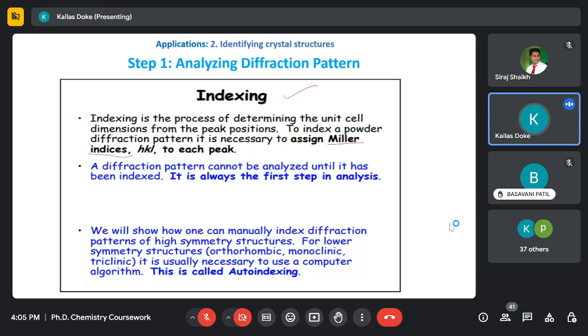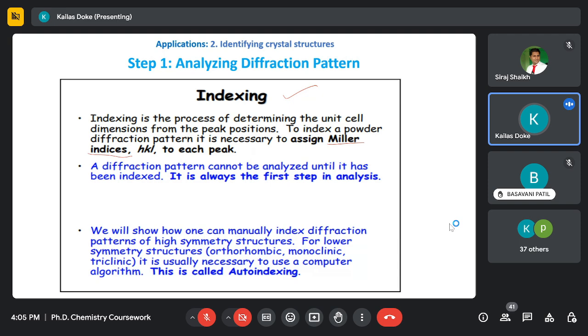So, the angle of diffraction, we got the diffraction pattern. Lambda is the wavelength of the incident X-ray. If it is copper K alpha, it will be 1.54 Angstrom units. So rearranging this equation, taking the reciprocal of 1 by d, we got another equation, and further rearranging this equation